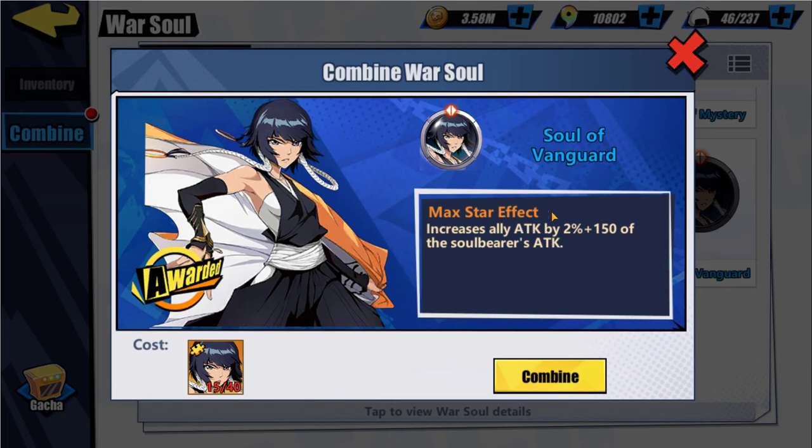I believe Soul of Vanguard, which may be worth it, may not be worth it, but once again increases her attack by 2% at level 1, and of course we get a boost as you continue to raise it up. Those two are the only real War Souls that I found to be useful, at least in this context for her, which again is underwhelming because you can't really add any stun or anything like that to her moves,